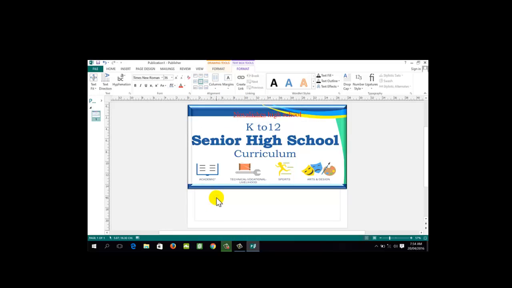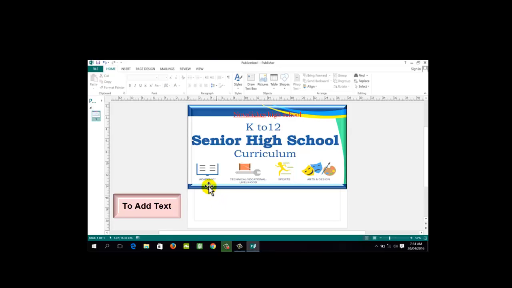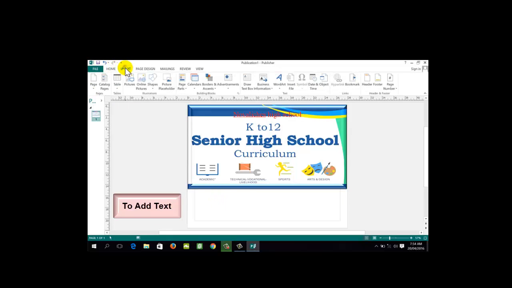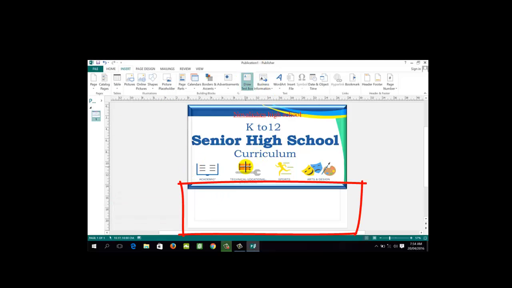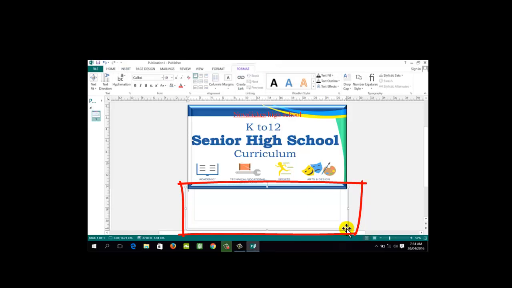Then, insert another text box below the image. Go again to the Insert tab, click the Draw Text Box icon, click and drag to insert the text box. Type your text,